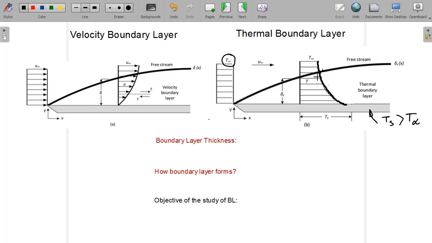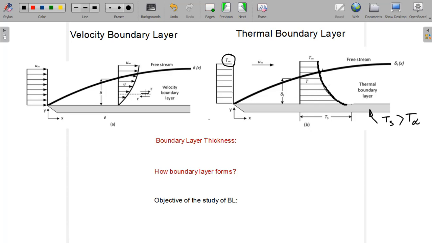So it is very important to understand this region, the boundary layer where the temperature variation exists. And if you remember the velocity boundary layer concept, it is basically the region close to the solid plate where velocity variation was significant. That means the velocity gradient was present, and outside that layer there was no significant change of velocity. In this region the viscous effect is important, and exactly in a similar analogy the temperature variation is important here. Temperature gradient is present within this layer, and heat transfer is important.